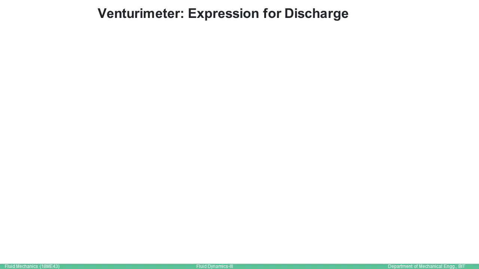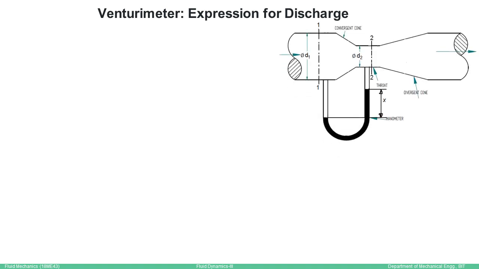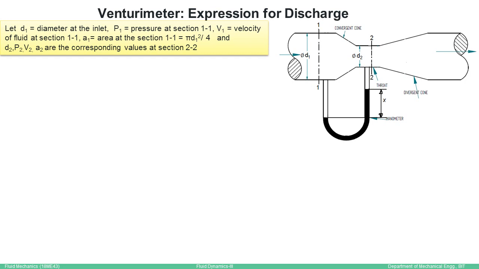This is the expression for discharge through a venturimeter. Let us consider the details there. Let section 1-1 be the section considered at sufficient distance away from the throat section or the restriction, and section 2-2 is at the throat, where the maximum velocity is observed, and there will be a minimum pressure in the line. So P1 minus P2, the pressure difference between section 1-1 and 2-2, becomes maximum, so that it can be used.